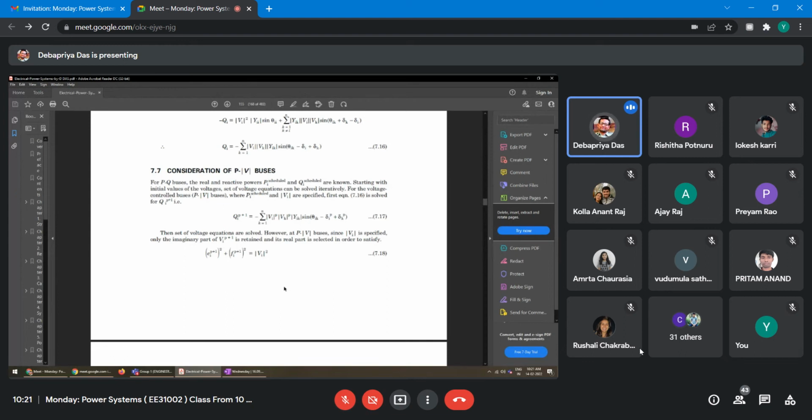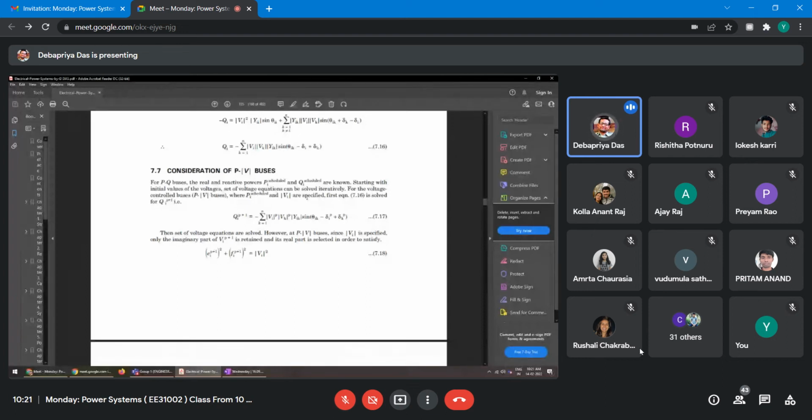Because without that you cannot solve. From those initial values, your solution will move towards convergence. Now in this case, starting with initial values of the voltage, the set of voltage equations can be solved iteratively. For the voltage control bus, that is your PV bus, the voltage magnitude is known for a particular bus, but P and V are specified,